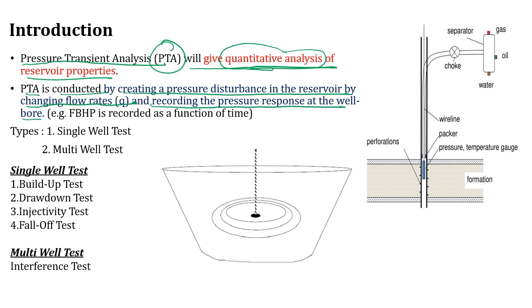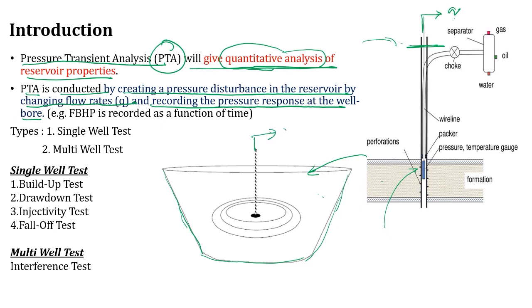Okay, now let's look at this particular figure. What I'm doing over here is at the wellhead I'm changing my Q. Okay, I'm changing my flow rate. Before changing the flow rate I have kept a recorder. You can see that I have a recorder in the well. Now let's take the example of this particular figure. Assume that this is my reservoir. Okay, this tank is my reservoir.